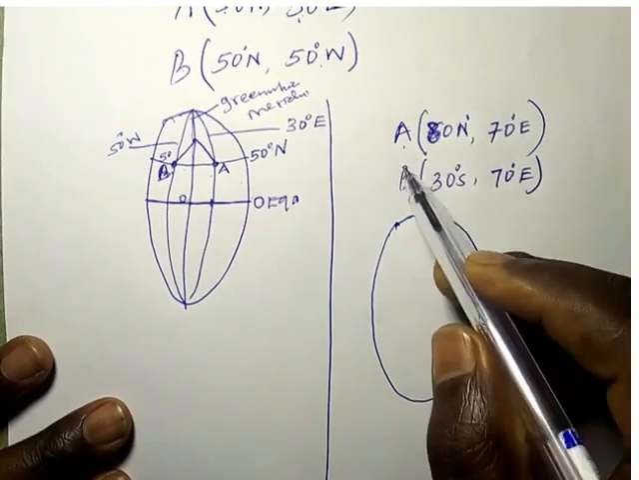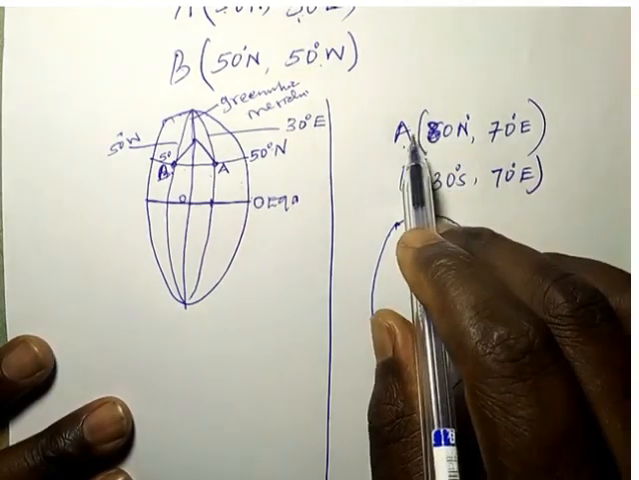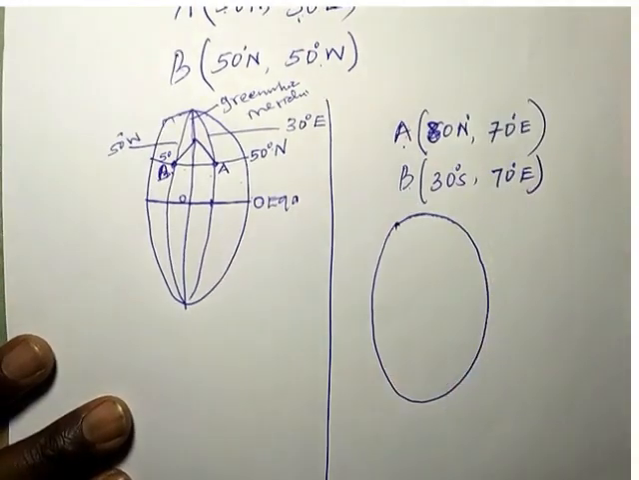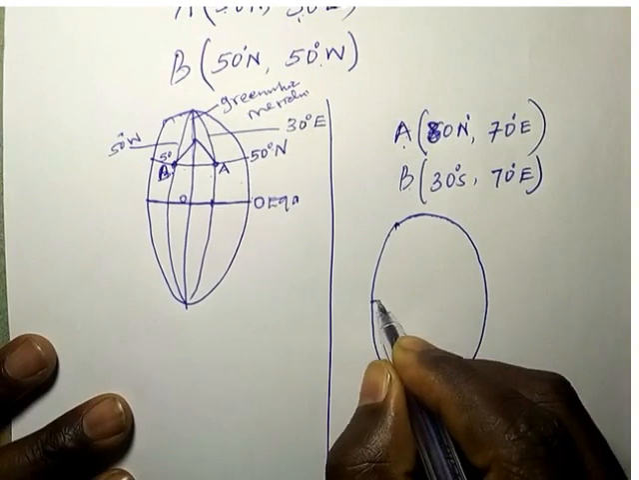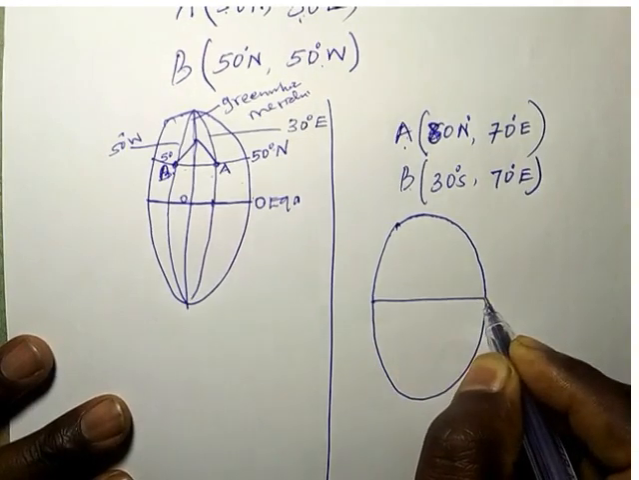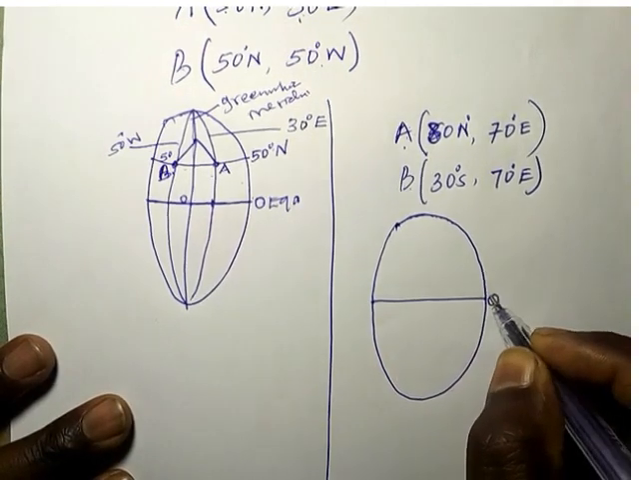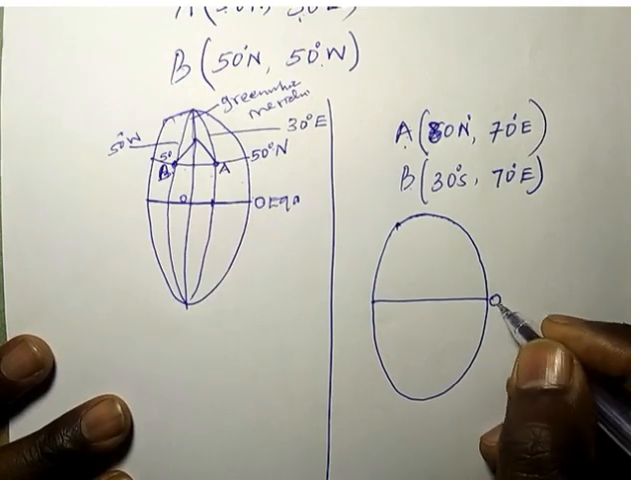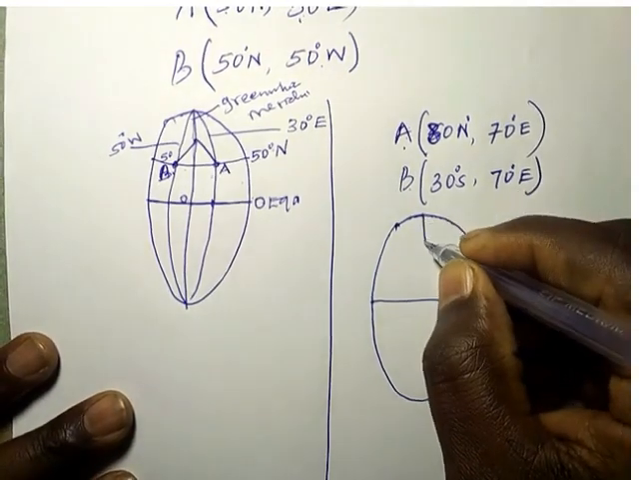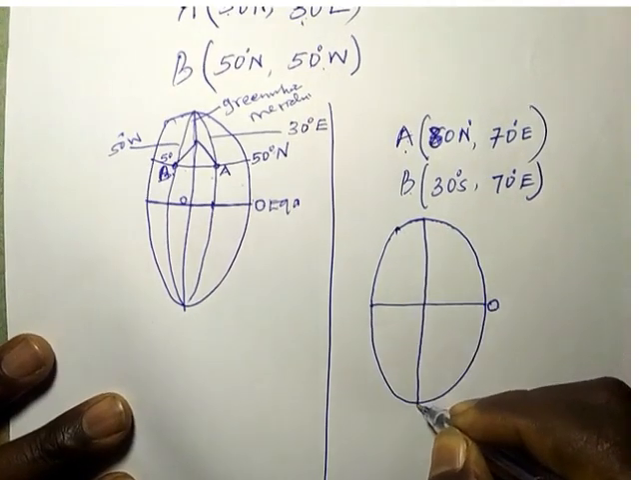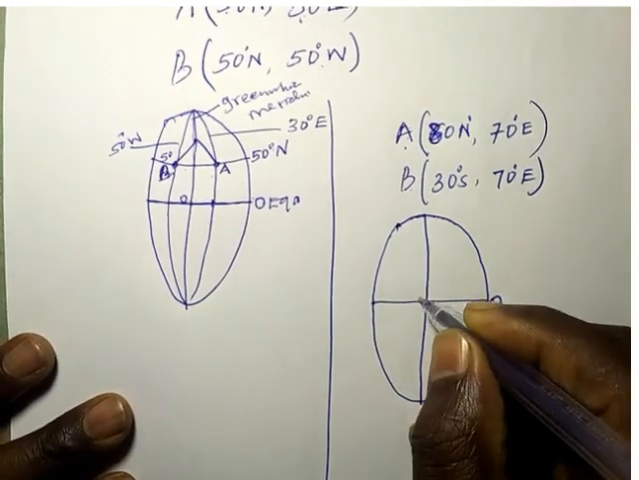Tunataka kuweka point A and B on this graph. We want to locate point A and B on this graph. The first thing you do, draw the equator. The equator we draw it because it is our reference point. 0 degrees north, 0 degrees south. It is our reference point. Second thing, draw the Greenwich meridian because it is our reference point to the west and to the east, 0